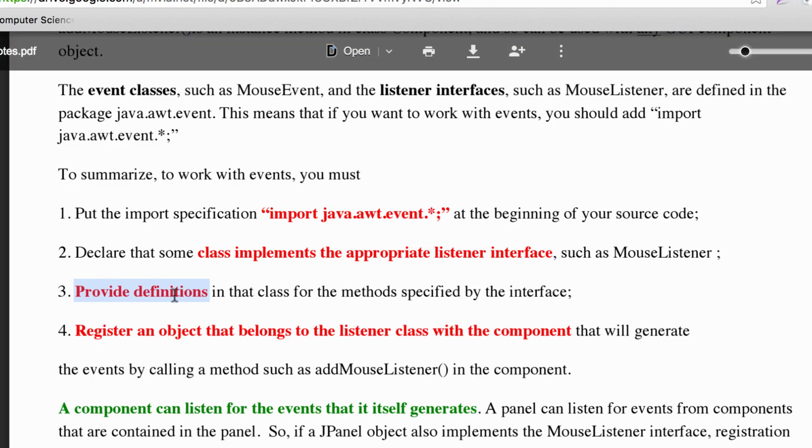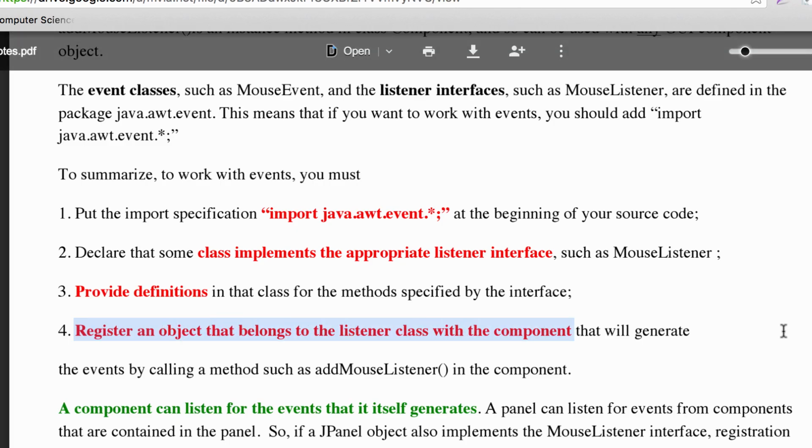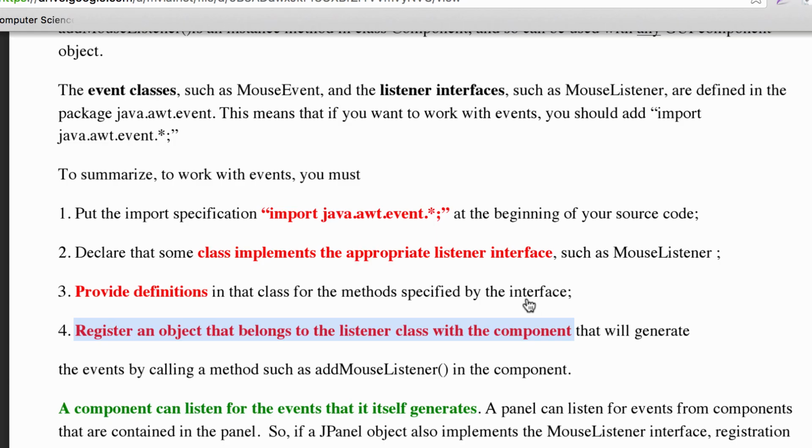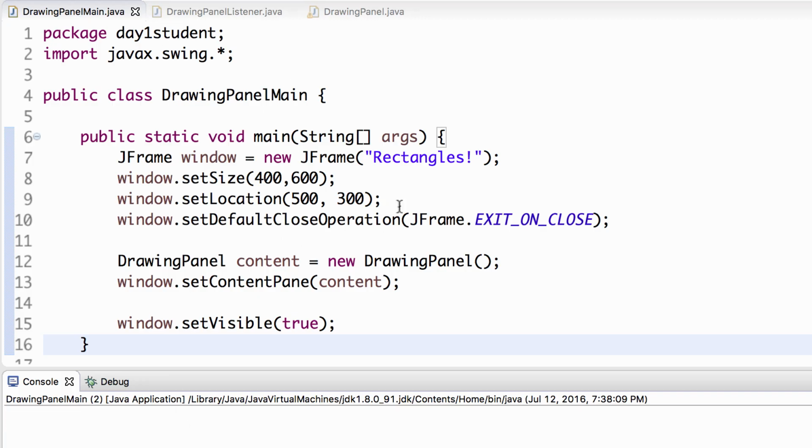I've done step 3. I provide a definition of what's supposed to happen. Step 4, I forgot to register it. These, again, are two separate things. The listener and the JPanel are two separate things. How do I know who is supposed to listen on what, right? These are separate. So let's go and